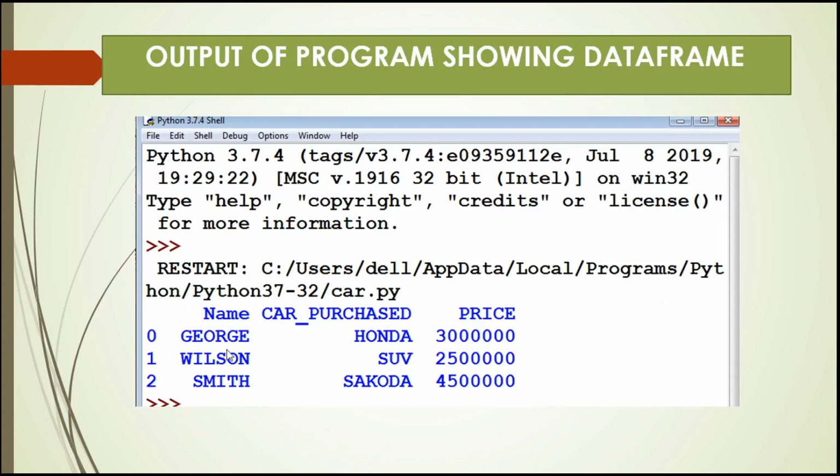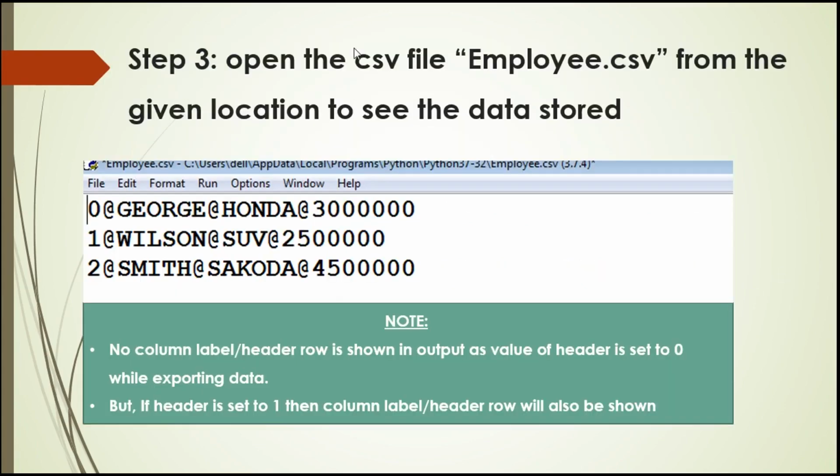But how can you see the output which is stored in the employee.csv file? For this, open the CSV file employee.csv from the current location and you can see that the data is stored in this way. You can see that instead of the comma, this time the ampersand symbol is there as a separator. Now you have to note 2 points. No column label or header row is shown in the output as the value of header is set to 0 while exporting data. You can see here again